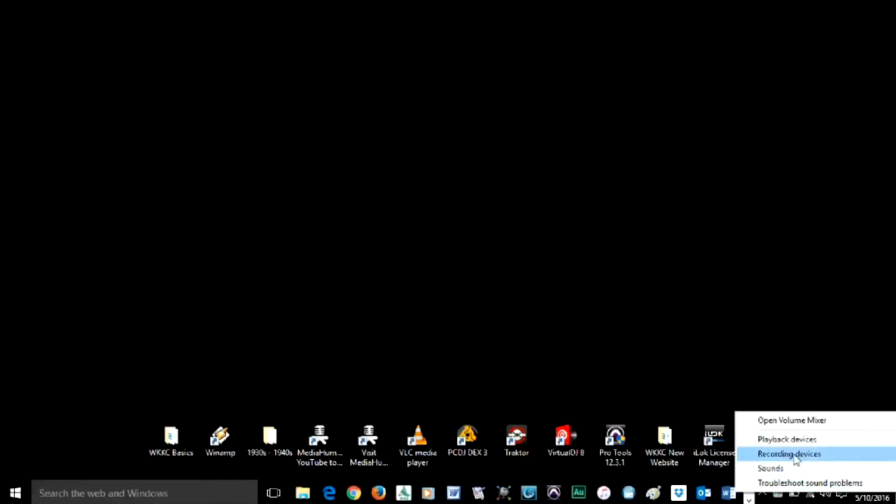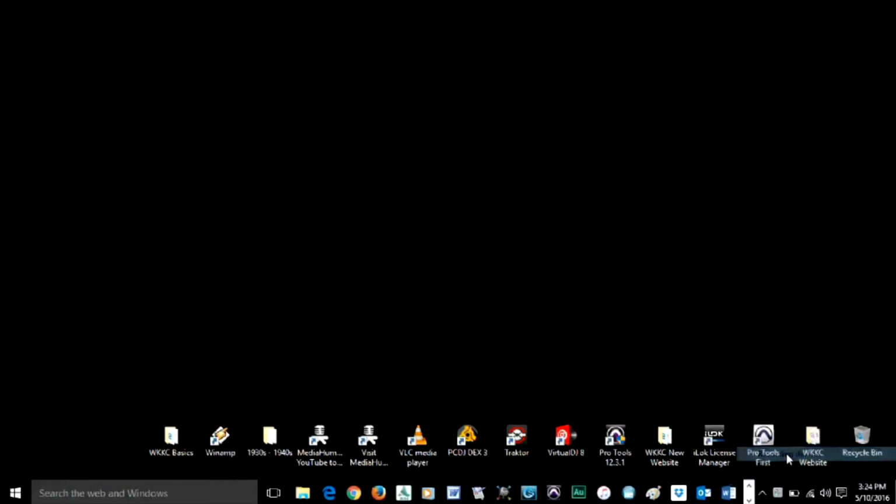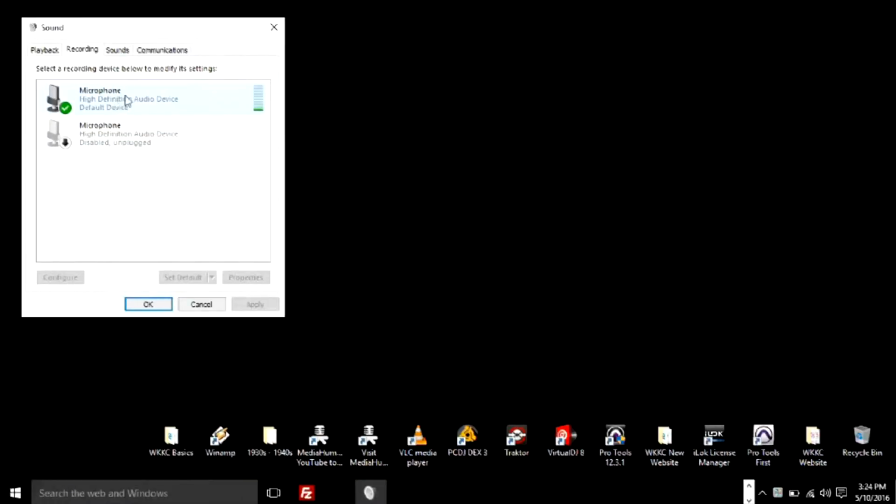Right-click on that speaker and click on Recording Devices. Recording Devices shows up here. As you see, mine is seeing my microphone, which is right here. So my microphone is set properly, but if I wanted to use something else, like say for example, I wanted